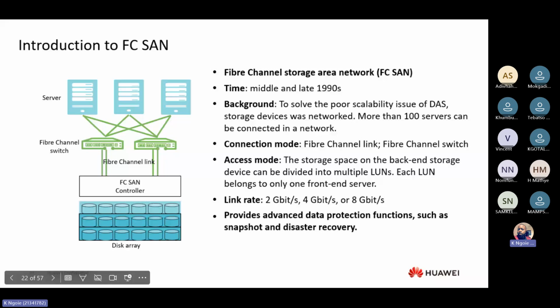So in short, you need to understand the FC-SAN is just a high-speed dedicated storage network that uses fiber channel to connect servers to storage devices. Okay, so that is very important. So it's the same as the SAN, but this is more focused on using the fiber channels, right? So the next one would be